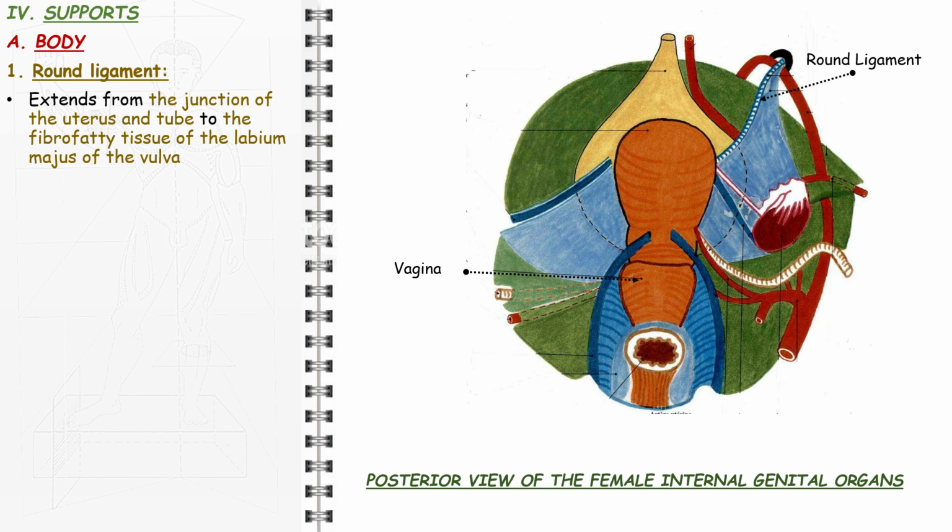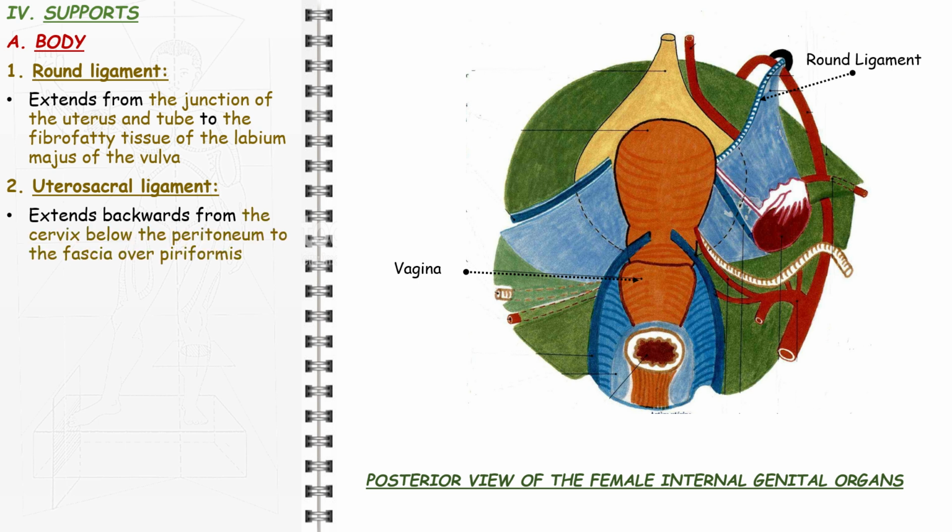The vesicouterine ligament extends from the supravaginal part of the cervix to the base of the bladder above the retrovesical ureter. The uterosacral ligament is a condensation of very variable size that extends backwards from the cervix below the peritoneum, embracing the rectouterine pouch and rectum and becoming attached to the fascia over piriformis. They are best palpated on rectal, not vaginal, examination. They keep the cervix braced backwards against the forward pull of the round ligaments on the fundus and so maintain the body of the uterus in anteversion.